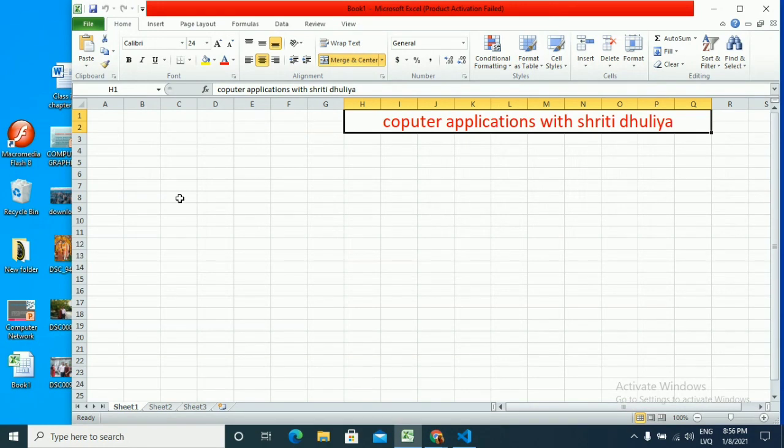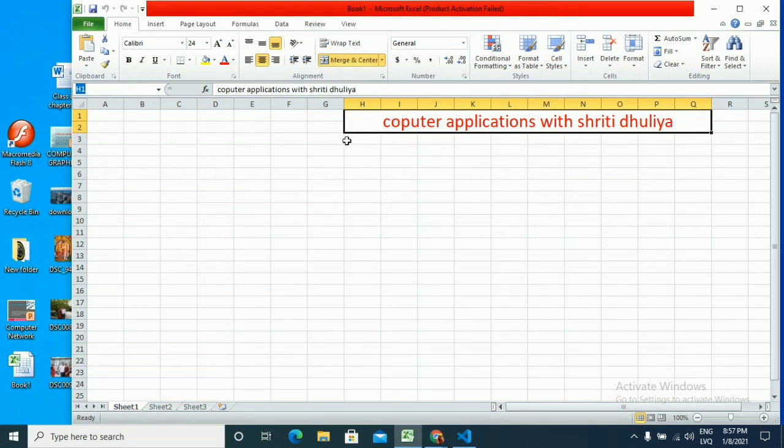Now let me tell you about other components of this window. This button is used to minimize your Microsoft Excel worksheet. This is used to maximize, and this is used to close Microsoft Excel. Now this is called the name box. The name box contains the address of the cell which is selected.